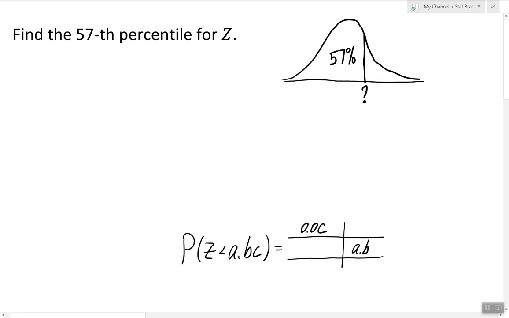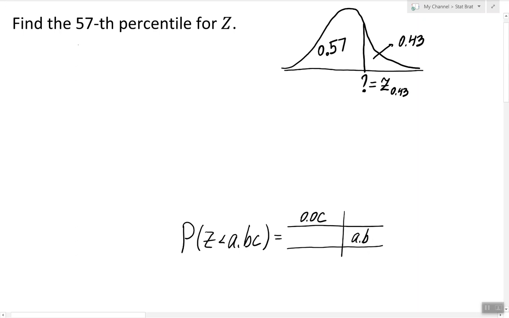So this is where the 57th percentile is. However, if 57% are below this value, that means 43% are above. But this is exactly what z alpha is for. So the value that we're looking for can be labeled by z.43. So now finding the 57th percentile for z is exactly the same as finding